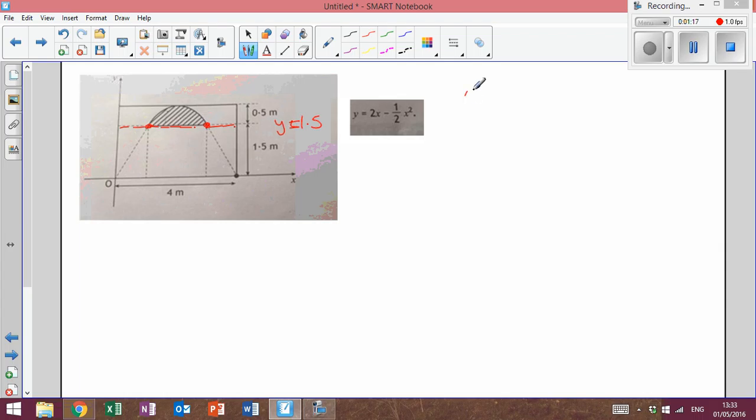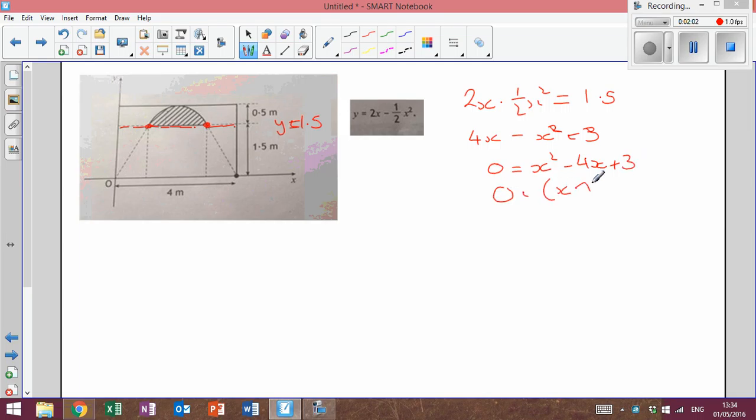And we're going to do that by finding out when does 2x minus a half x squared equal 1.5? The first thing I'll do here is multiply everything by 2 to get rid of my fraction, so that's going to be 4x minus x squared is equal to 3. And then subtract 4x and add x squared to both sides, so you've got your quadratic equal to 0. And I'll do it that way just so I have a positive x squared minus 4x plus 3. And then just factorize that: x minus 1